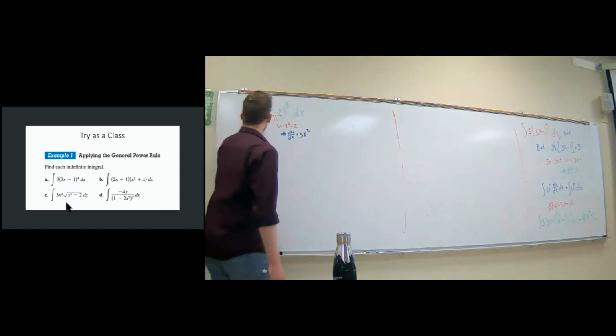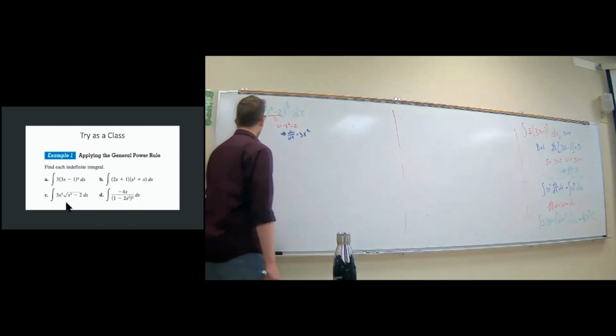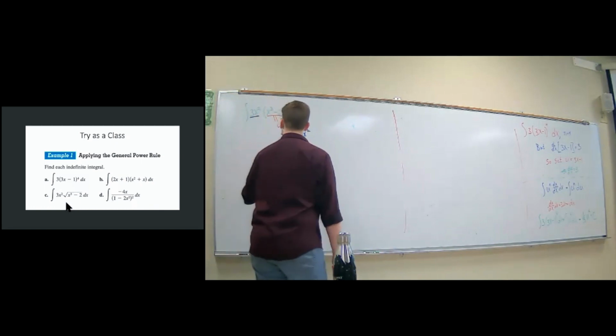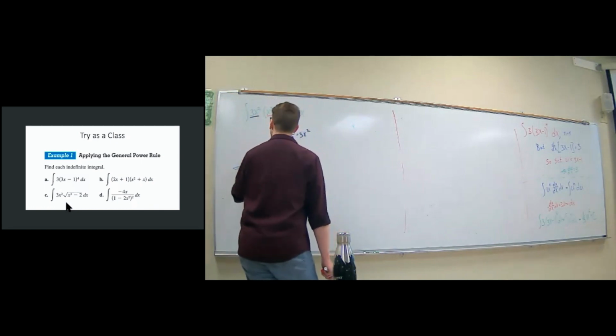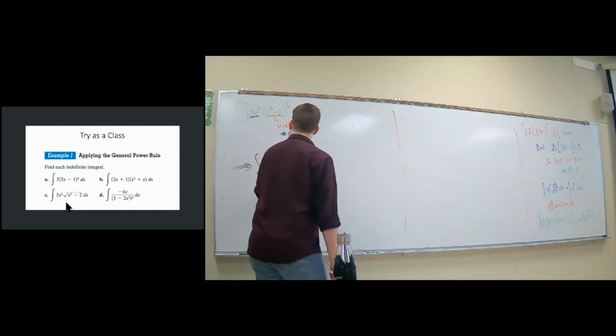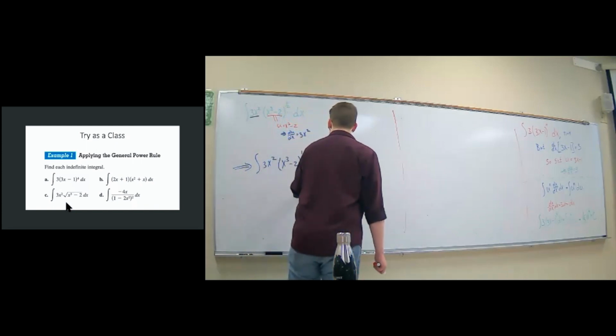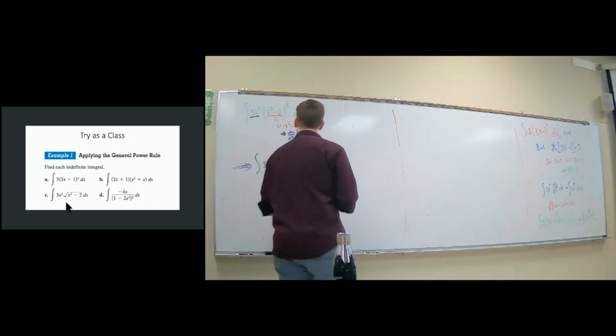Well, that happens to show up right here. So what we have is that the integral of 3x squared times x cubed minus 2 raised to the 1/2 dx, this thing is equal to